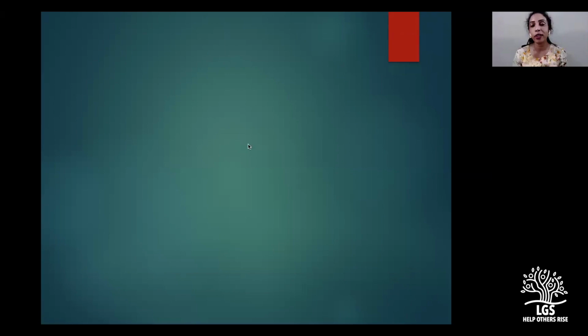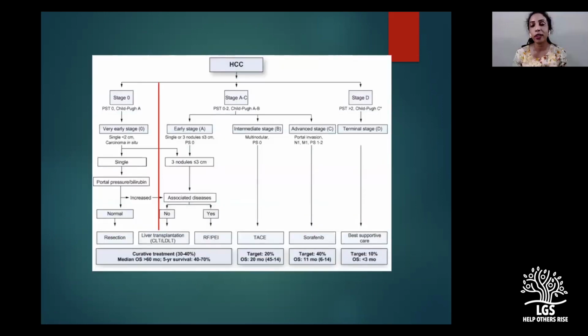We all know, this must be hanging in every department, the BCLC staging. I'm not going to go into details of the BCLC staging, but for the sake of juniors who are attending, I apologize to the seniors in the group who might feel this is very basic. TACE is predominantly done for intermediate stage HCCs as far as the BCLC staging is concerned, but we also offer it as a bridge to transplantation. So it's not necessarily only the intermediate stage. Sometimes we can also